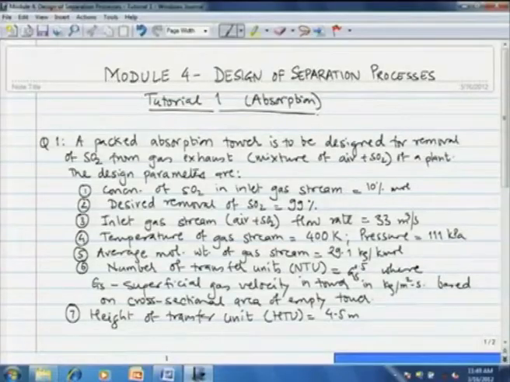Welcome. Today we shall have the first tutorial of module 4, that is design of separation processes. In the theory lectures we have seen various kinds of separation processes applied in chemical industry: distillation, absorption, adsorption, crystallization, liquid extraction, membrane processes, etc. We also saw under what criteria processes are selected, and now in the tutorial we shall see some problems based